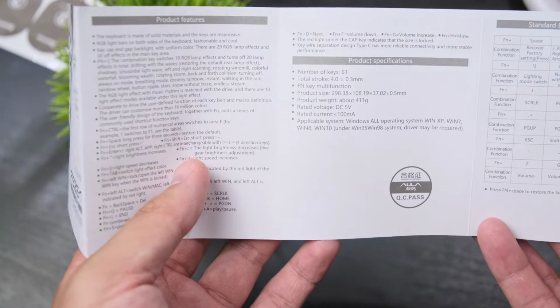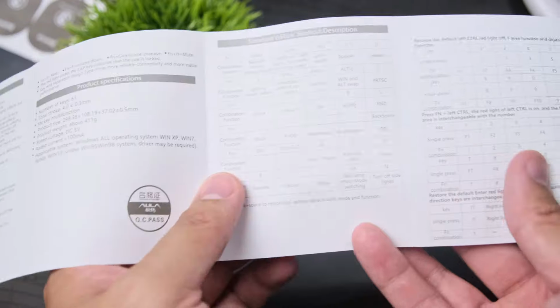The thing about this keyboard though, and you might have noticed it already, is that there aren't any additional legends on the keycaps. I think some people may like this as it keeps the keycaps looking clean and minimalistic. But with these 60% keyboards, if you wanted to actually use the keys that have been chopped off, like the function row and page up and page down, etc., then you're going to have to refer to the manual, okay? Because that's pretty much the only place where you can refer to what key combinations do what, and